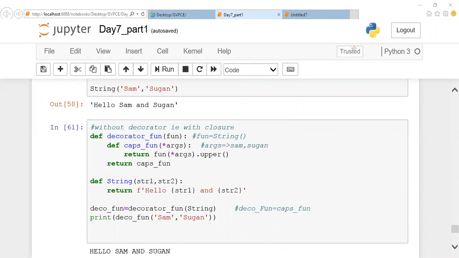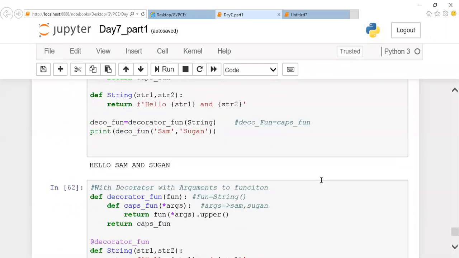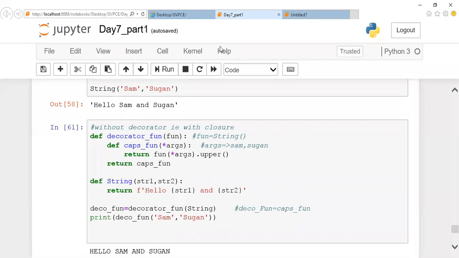So what is the existing source code? This function and the function call is your existing source code. Right now we are not going to apply a decorator, only closure alone. By using closure we can't give assurance that your function call will not be modified. Your function structure will not be modified, but your function call will be modified when you're using closure. So this structure we are not going to disturb; it remains as such. But this function call will be modified.